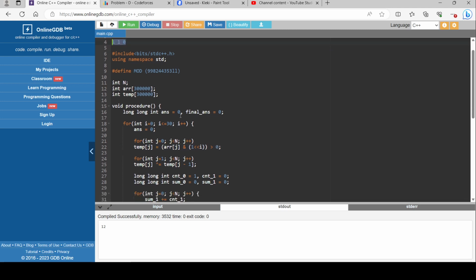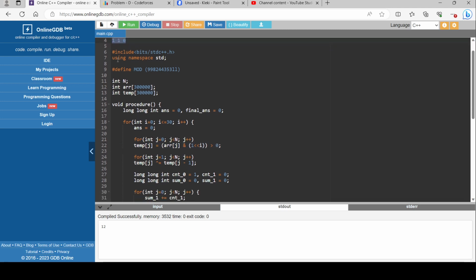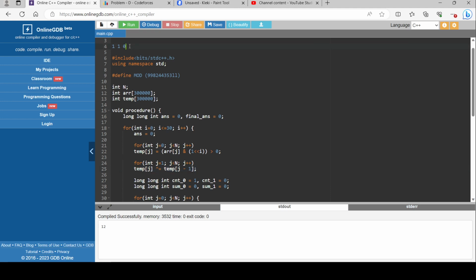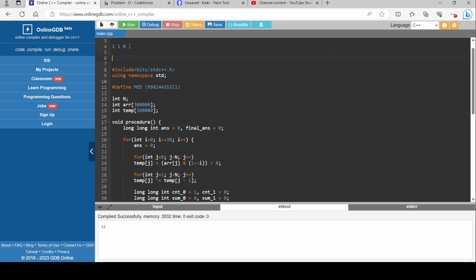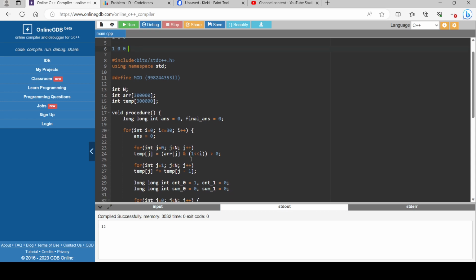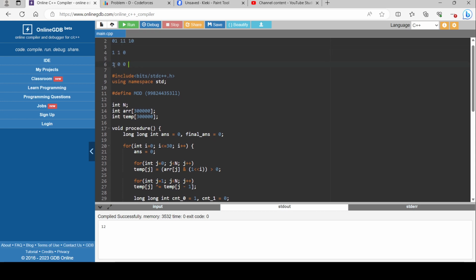Now the second portion is we are just XORing its initial value. Why are we XORing? Just let me explain. First let me draw this. So 1 XOR 1 would be 0, 0 XOR 0 would be 0. So what this is saying is